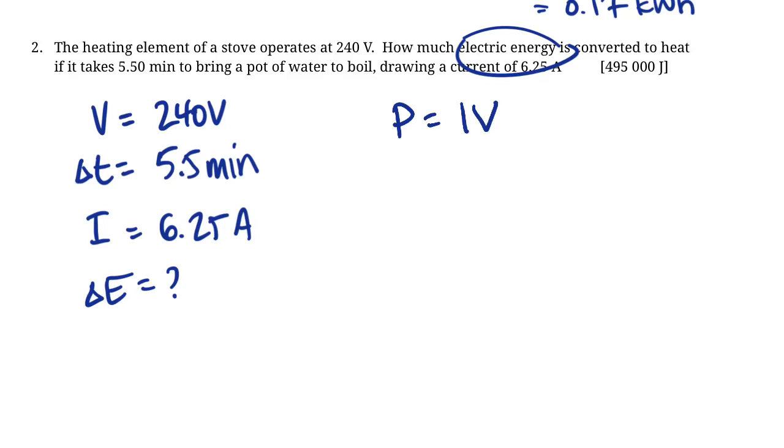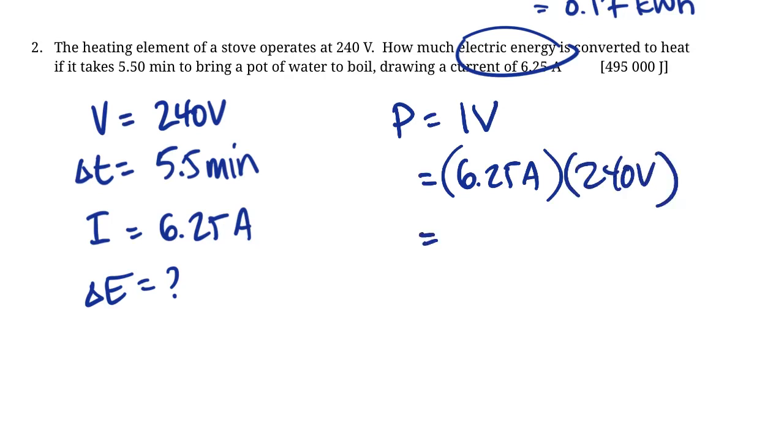So power equals 6.25 amps times 240 volts. And if we use our base units, we're going to get out watts. So 6.25 times 240 gives us a 1500 watt stove. That's basically how many joules per second it uses, right? It uses 1500 joules per second. So now if we want to calculate energy,